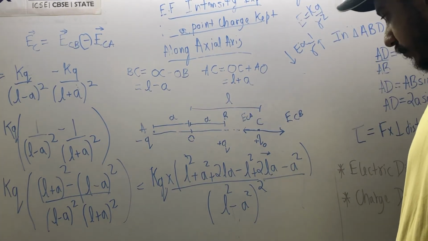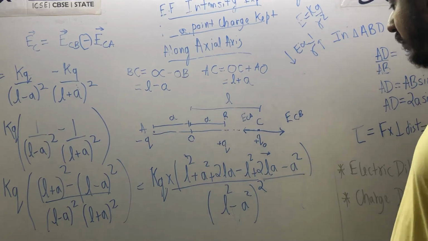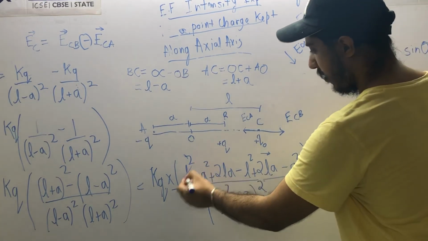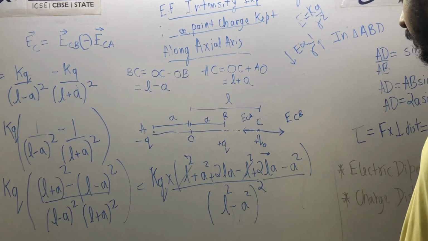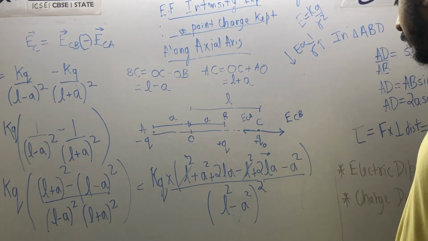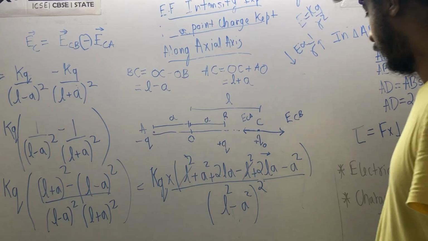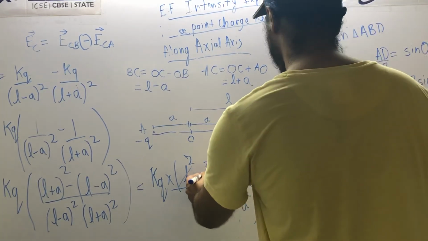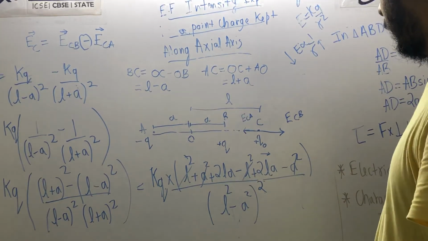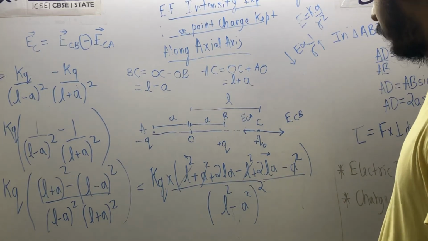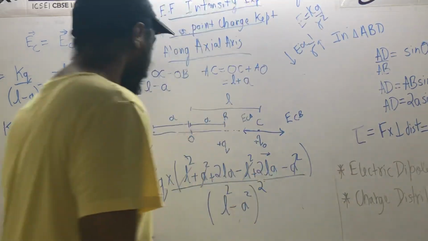Now we will further simplify this. This L square and L square we can cancel here. And what else can you cancel? A square and A square are also being cancelled. That's all, I think. So this comes out to be